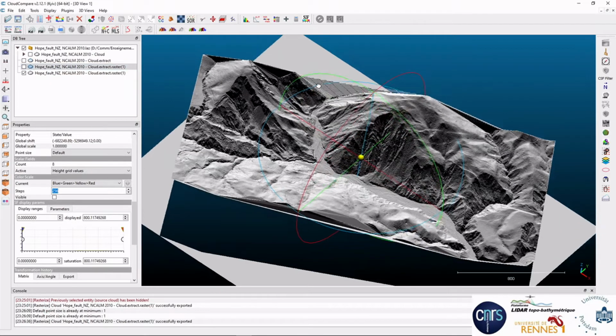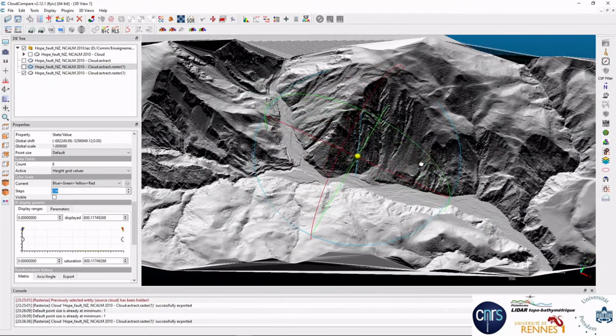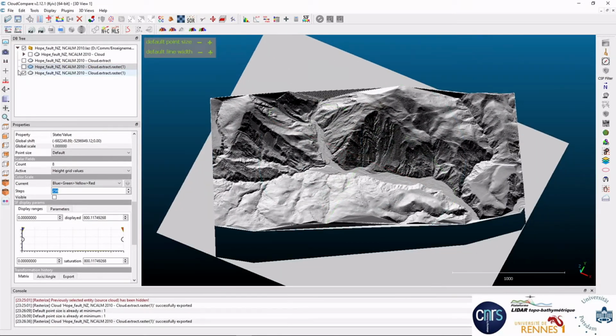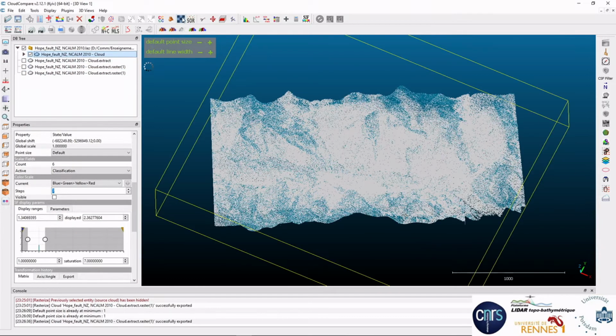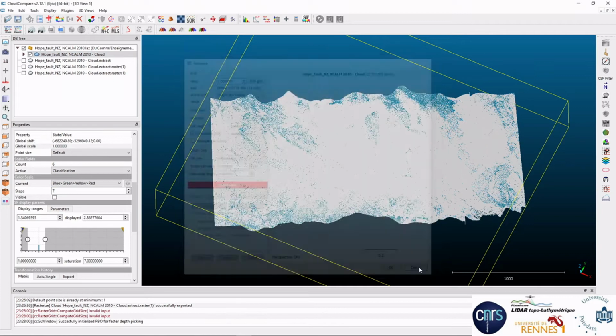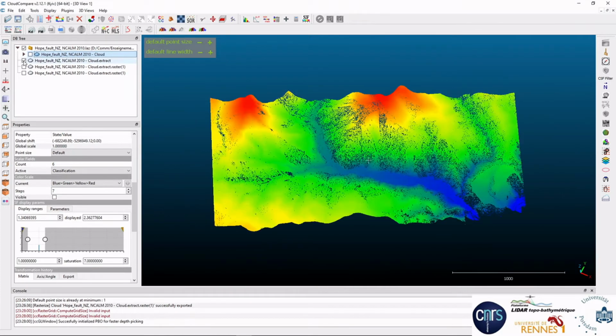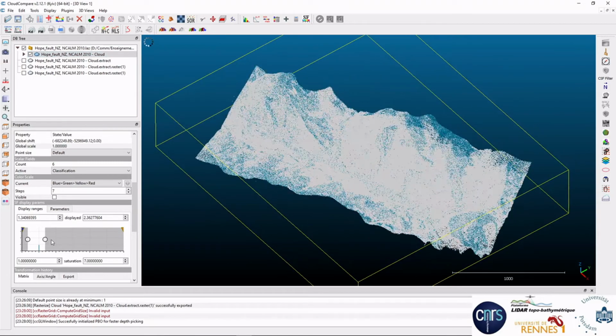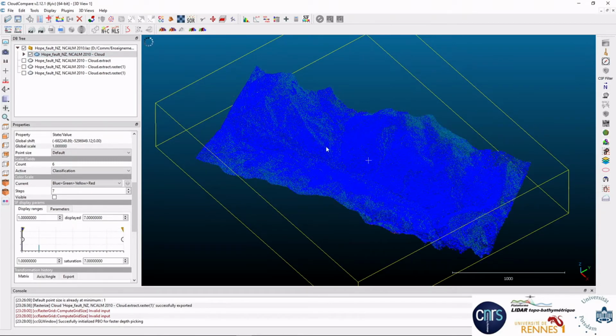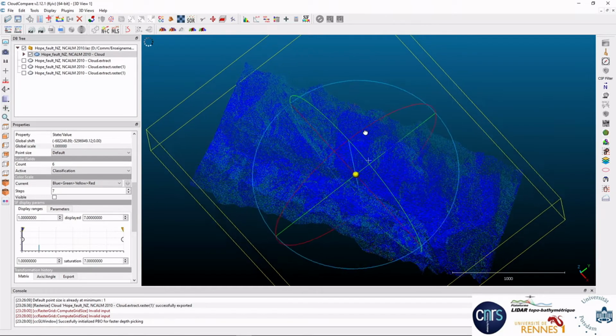So following up, you see here the point cloud with the hillshade information, which is quite interesting. One last application I'd like to show you is here. Let's suppose that we have a point cloud without a ground classification, and we want to try to find the lowest points.